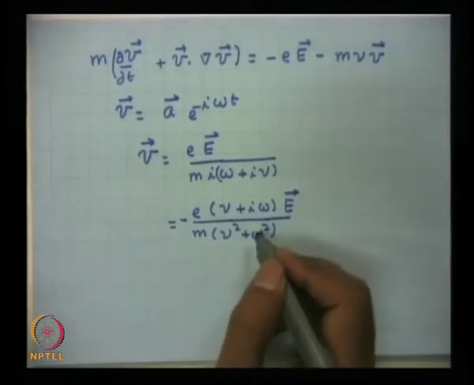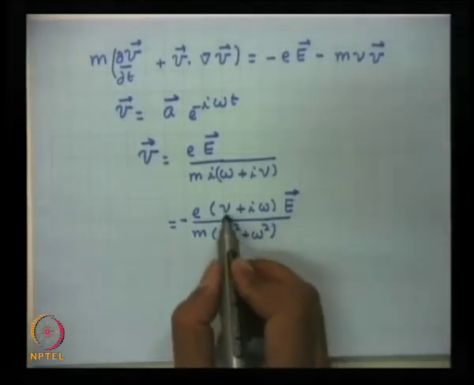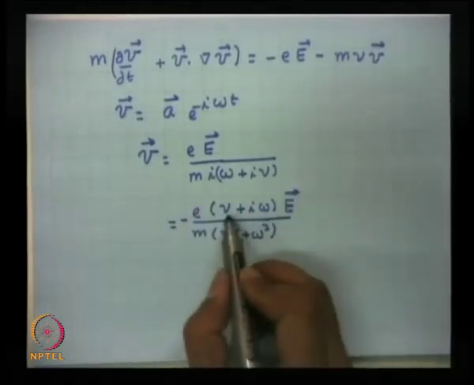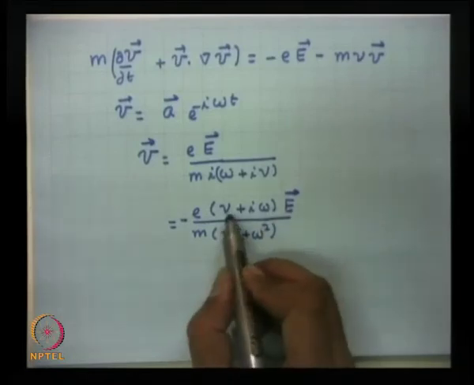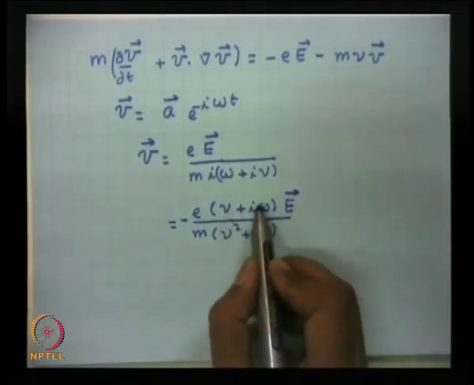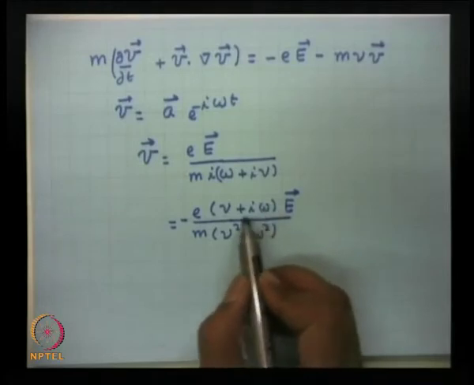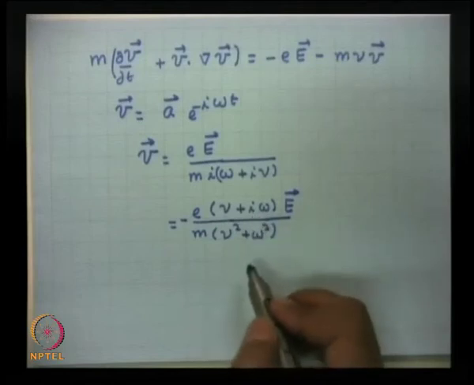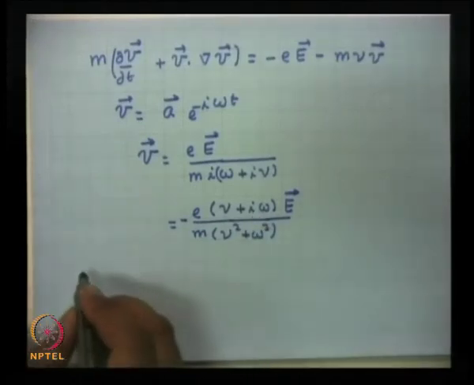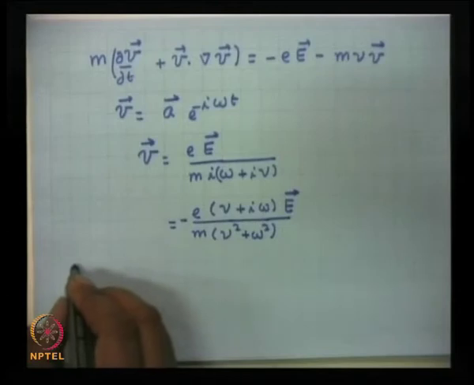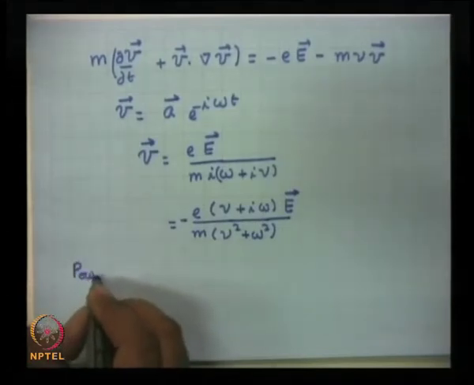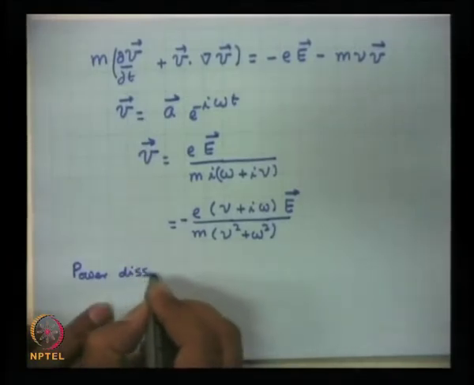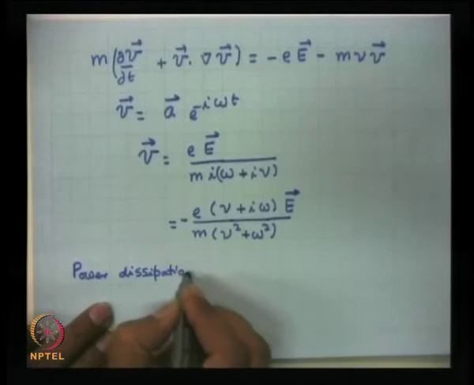Now, this equation tells you that V has a part in phase with the electric field because of nu, the real part of nu, but then there is a part of velocity which is out of phase by pi by 2 because of this i term. And if you calculate the power dissipation per second, or energy dissipation per second per particle, then we have mentioned this earlier,